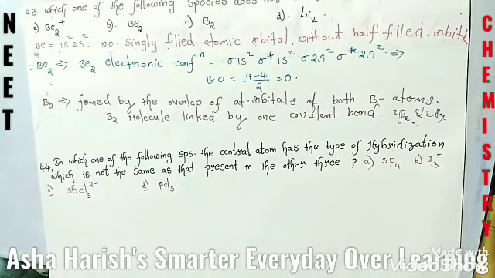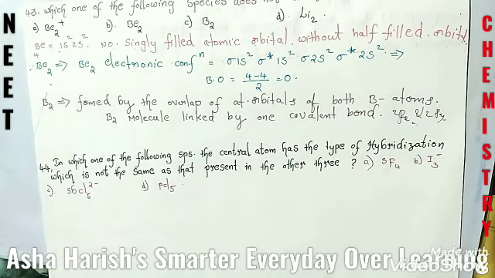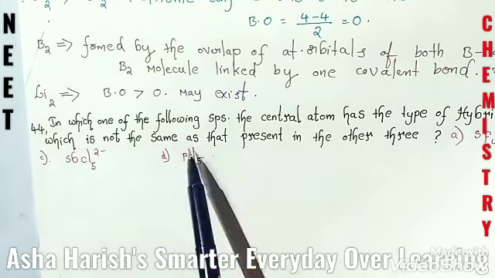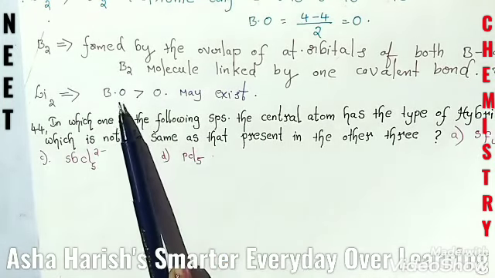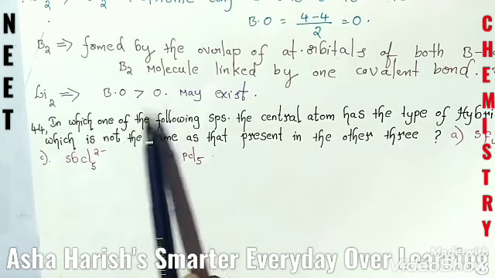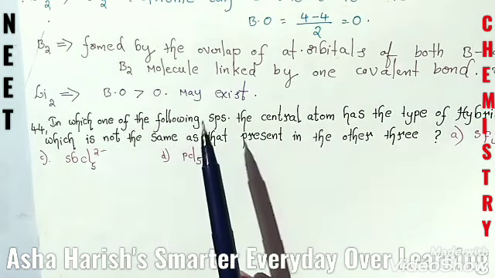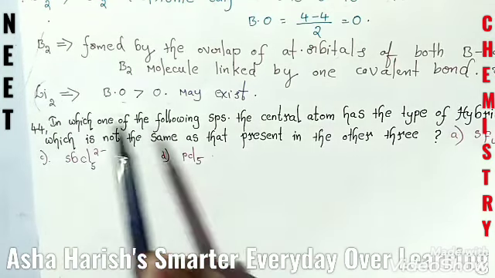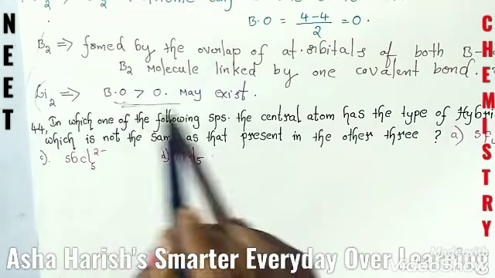And the next one, option D also, let's see why it is the wrong answer. Lithium 2, Li2. What is the reason for this? In this Li2 molecule, the bond order is greater than 0. It may exist, but here the Li2 molecule does not exist, basing upon this reason.